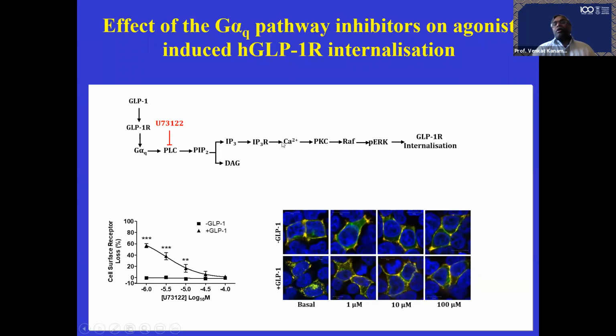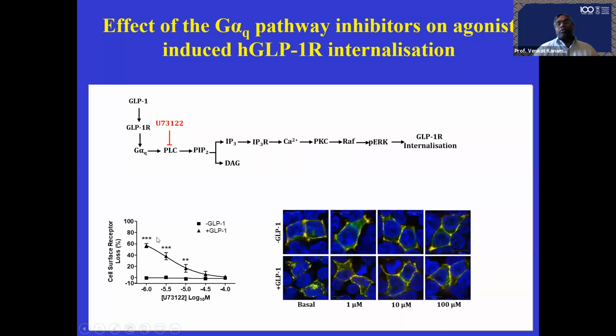on the endoplasmic reticulum, which results in release of calcium from the ER into the cytoplasm. The increase in cytoplasmic calcium concentration leads to PKC activation, which then works through the RAP pathway, which may result in GLP-1 receptor internalization. So we hypothesized this, and we studied that by using various chemical inhibitors, and studied whether they inhibit internalization in